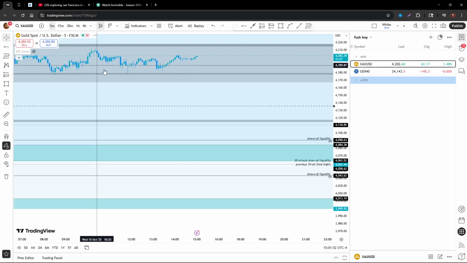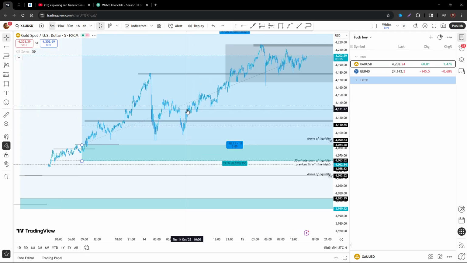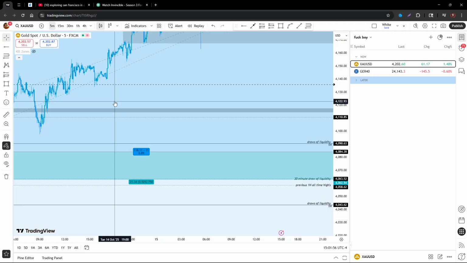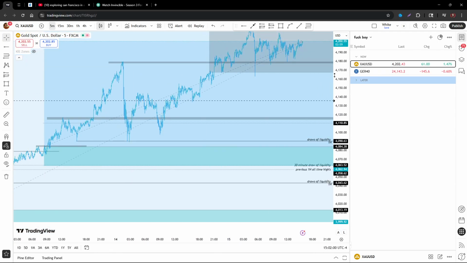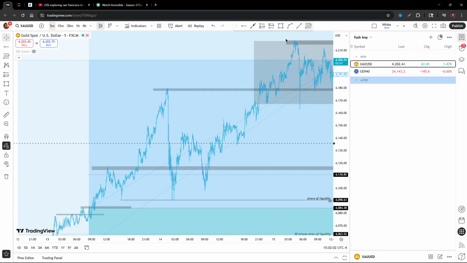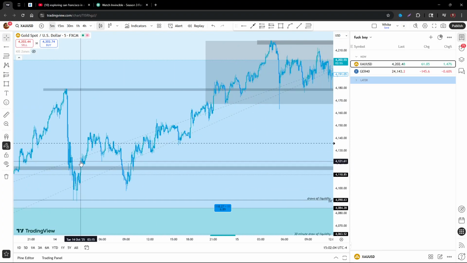As soon as we started getting rejection off this zone, I actually got in on one of my other accounts just for a quick scalp, and we got in right around here. Let me make it look cleaner. There's just so much on my screen. So we got in right here. Stop loss was at first all the way down right here, and then after I got in, I was like, you know what? Just in case there's a pullback, I'm going to put it on the wick.